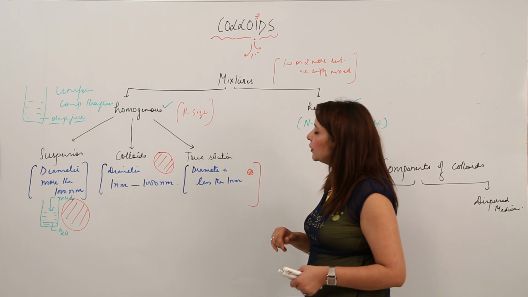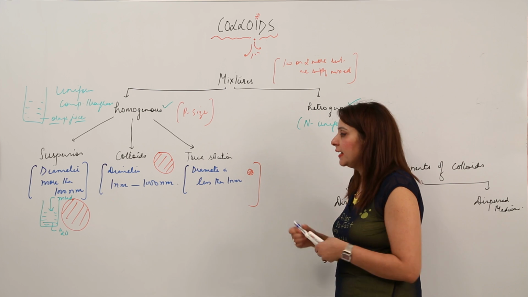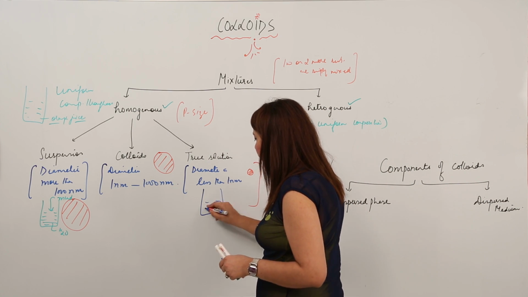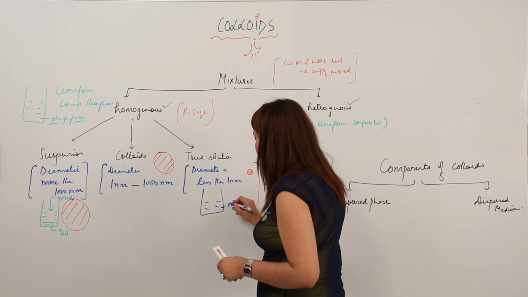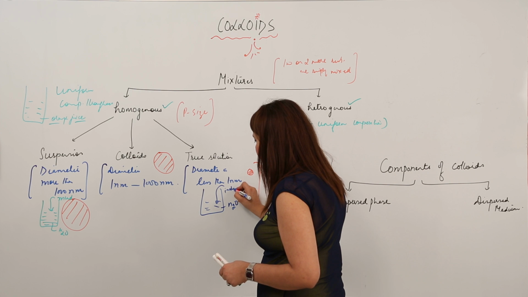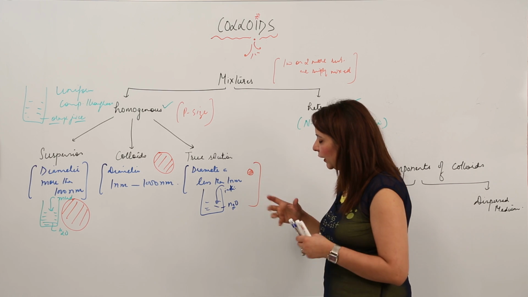Now when we talk about the true solution, you know that the particle size is too small. So let's take an example. Suppose I have water, and in water I have, let's say, ink, or salt also you can take. So what I get to see actually